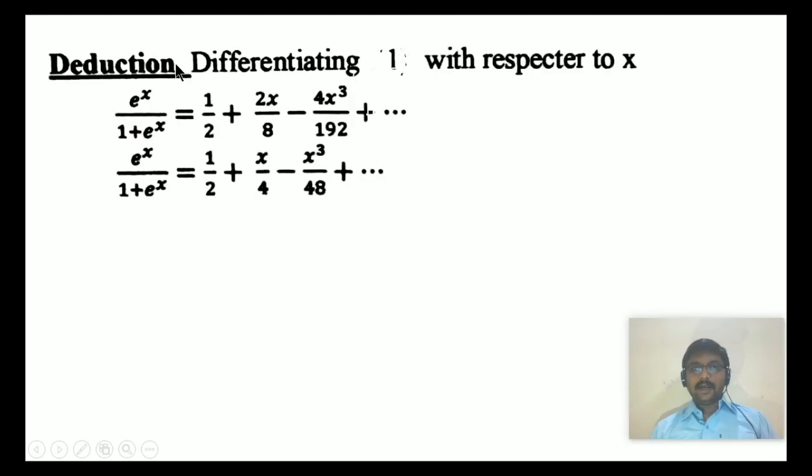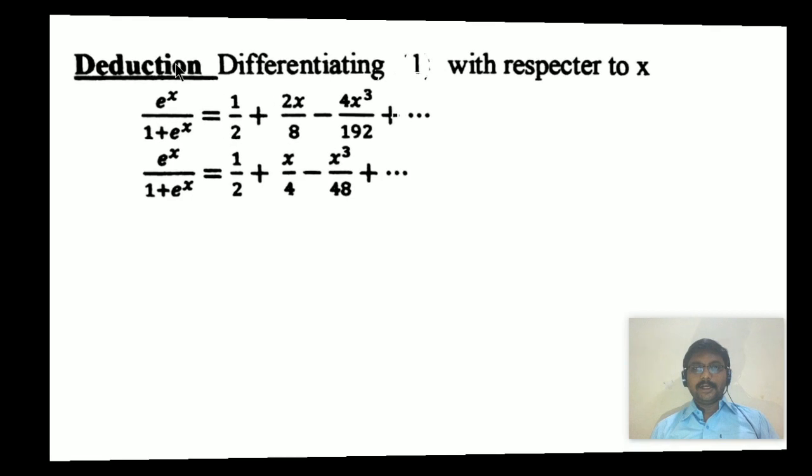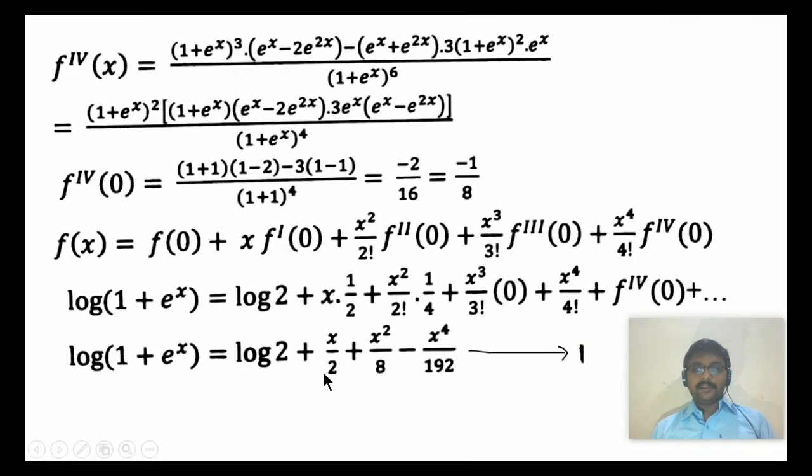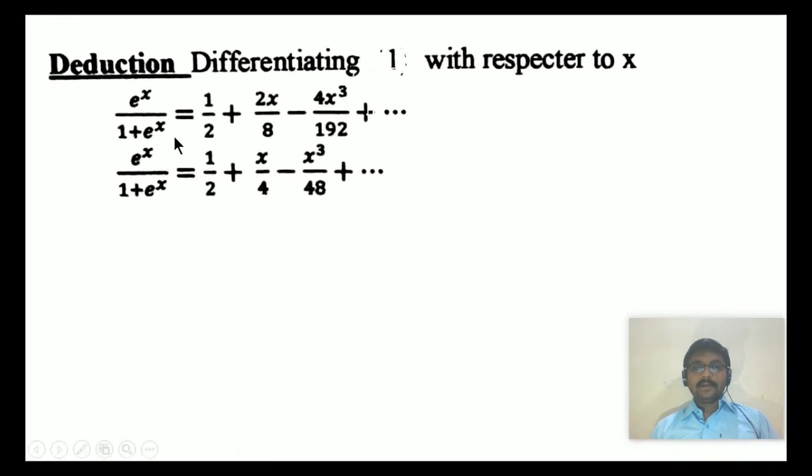Now, the deduction can be obtained by differentiating the above equation with respect to x. Log 2 derivative is 0, plus x by 2 derivative is 1 by 2, plus x square by 8 derivative is 2x by 8, minus x power 4 derivative is 4x cube, that is 4x cube by 192. On the left hand side, log of 1 plus e power x derivative is 1 by 1 plus e power x, and then 1 plus e power x derivative is e power x,